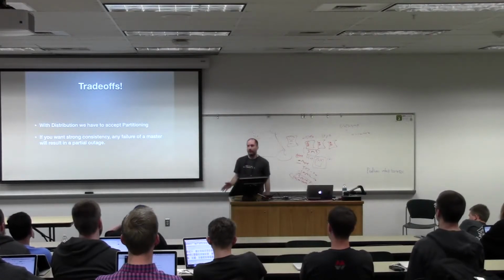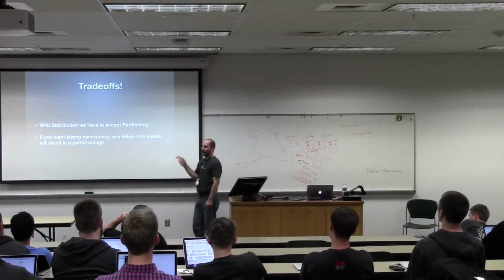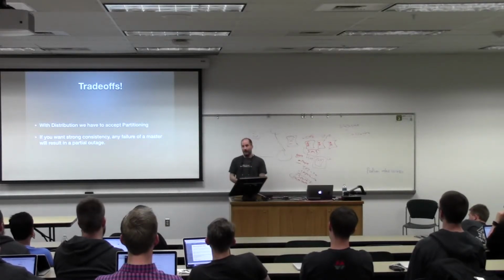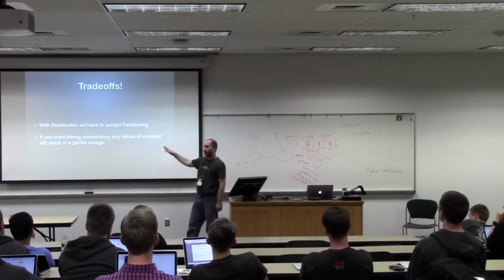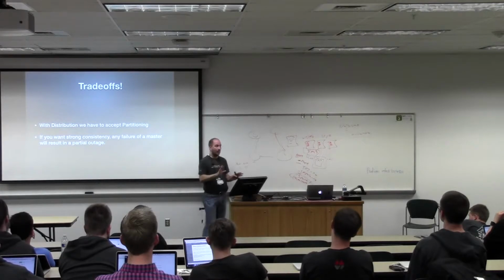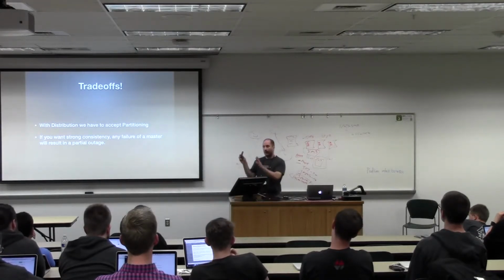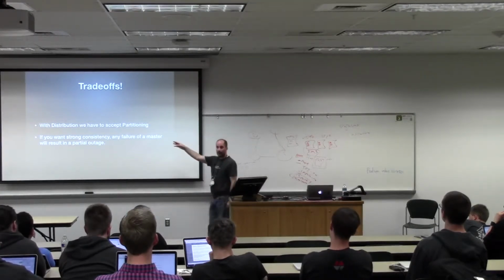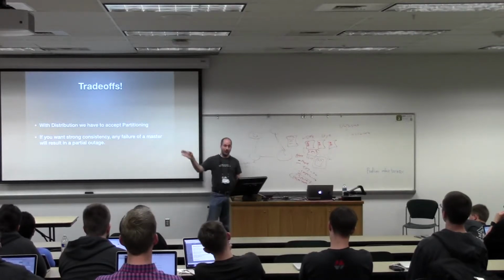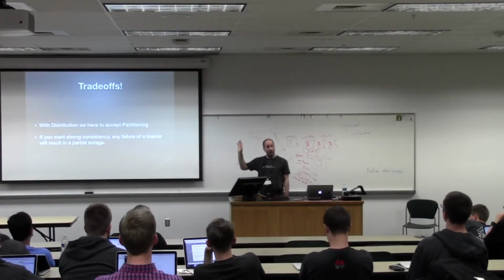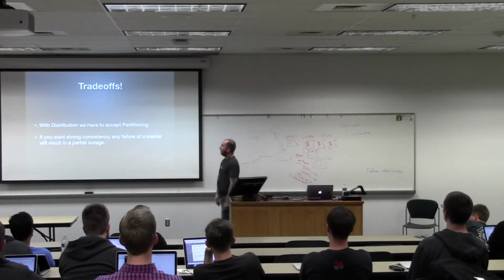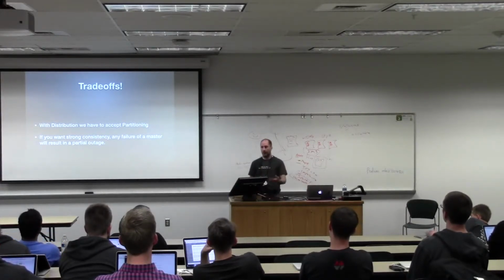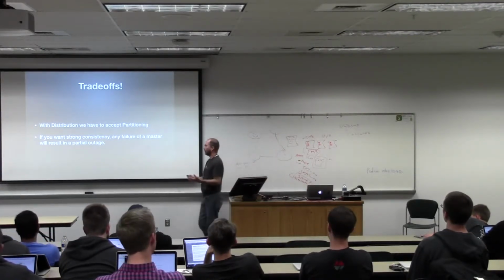But when you have a distributed database, there's one thing you have to accept, and that's partitioning, right? Network partitions or failures happen in your system. And you can't tell the difference between a failed network system from a single place in the network. You can't really tell the difference between a failed external system or a failed network segment. So there could be people on the other side talking to a server that you think is down just because you can't talk to it. Or that server might actually be down, but you don't know because you can't talk to it, right? So there are all kinds of complicated things that happen because of network partitions, and it's something that we have to accept. Networks are unreliable.